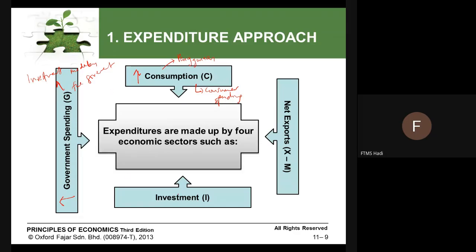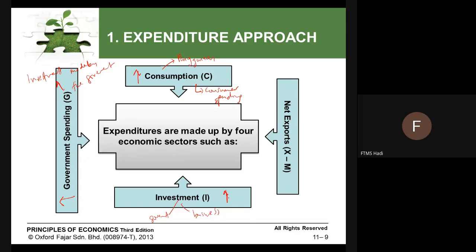Investment is not only made by government but also by businesses. For example, investment by the government is highways, MRT, skyscrapers. As far as business is concerned, the investment made by them is more on adding branches, expanding and enlarging the businesses, and purchasing more land and so on. The more investment they make, the better the national income will be.